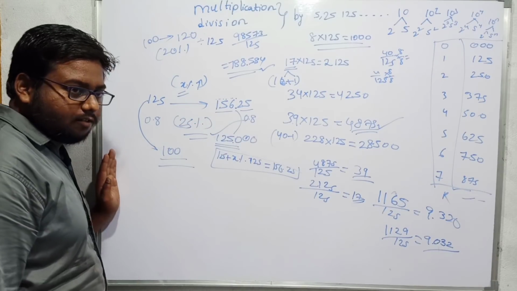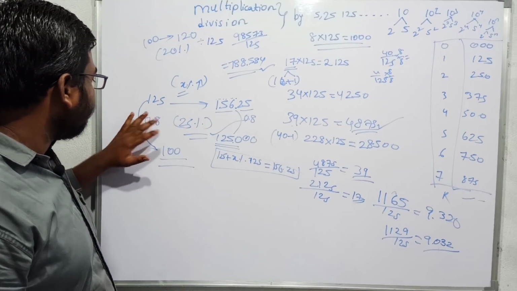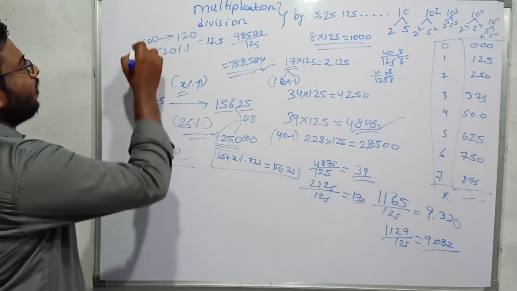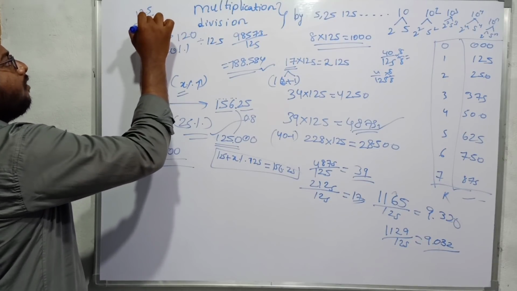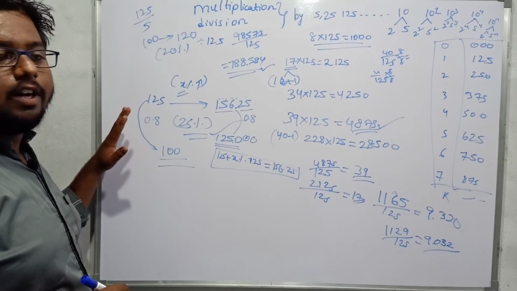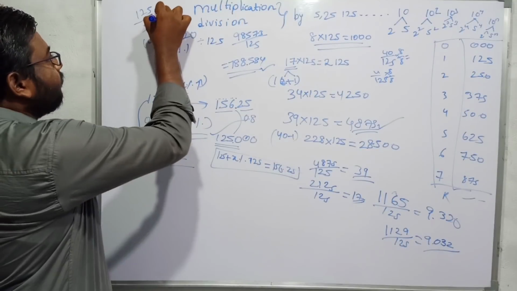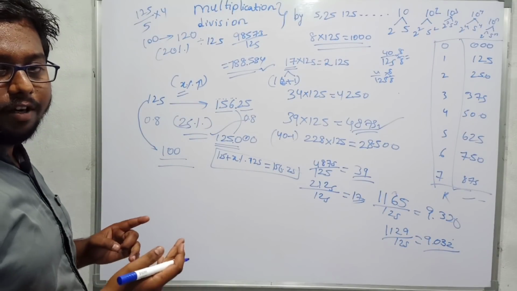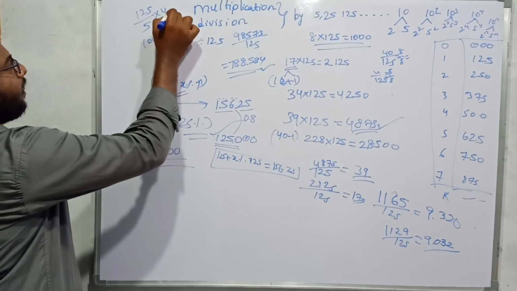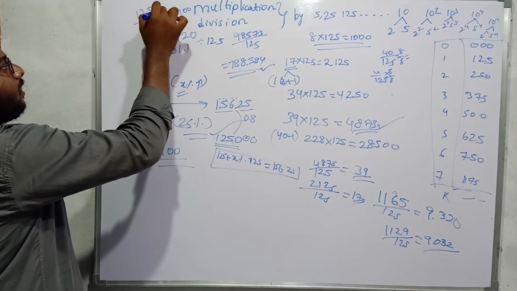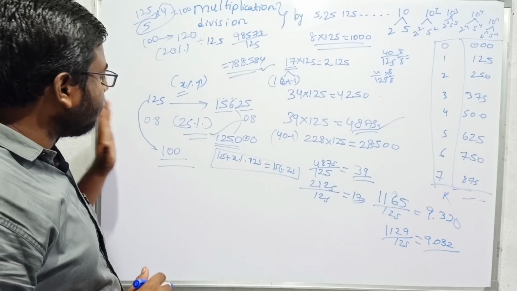So you can calculate like this with the help of knowing 125 into 0.8 is 100. If you don't know 0.8 also, you can form it. For example, take 125 and I want to make it 100. If I divide with 5, I get 25. So I got 25 here, and I want to make 100. If I multiply 25 with 4, I will get 100. So what I multiplied for 125 to get 100 is 4 by 5, and 4 by 5 is nothing but 0.8. You can get it like this also.